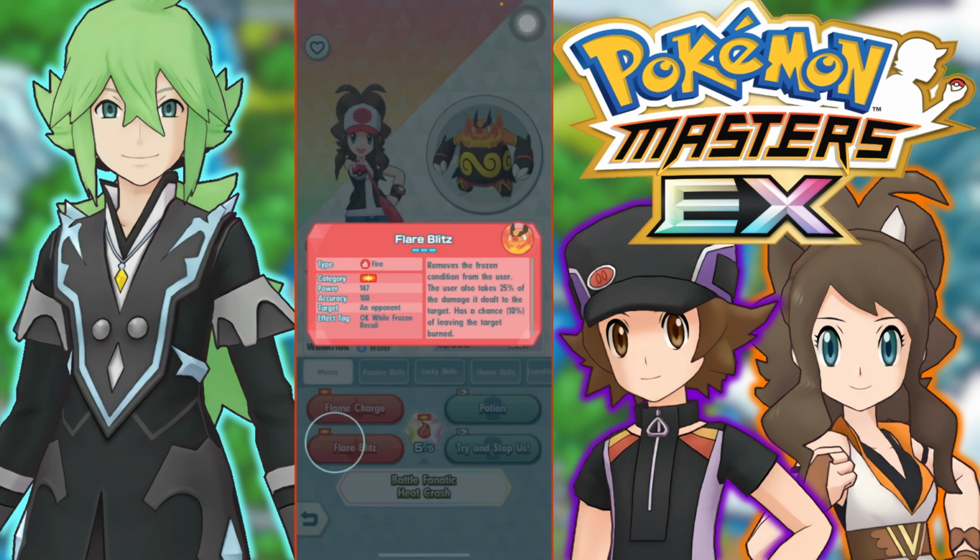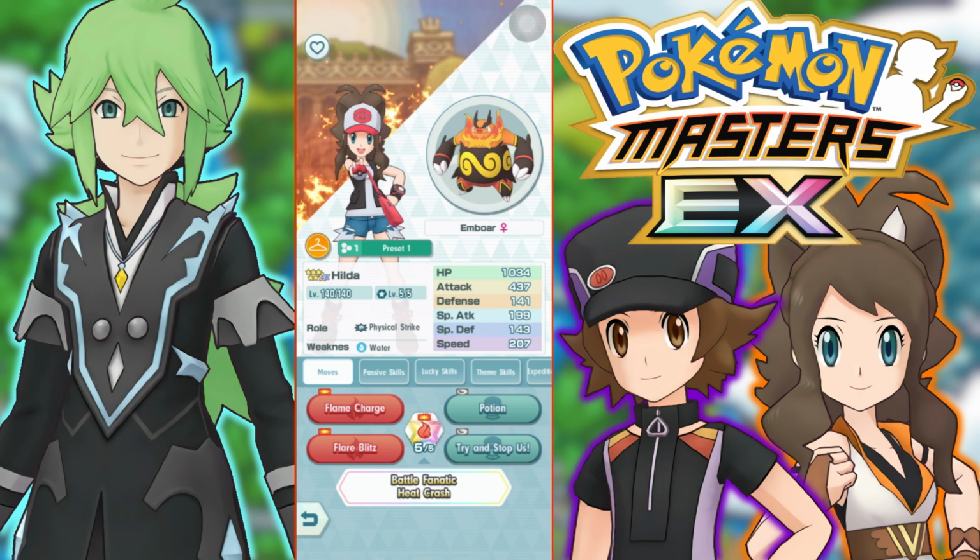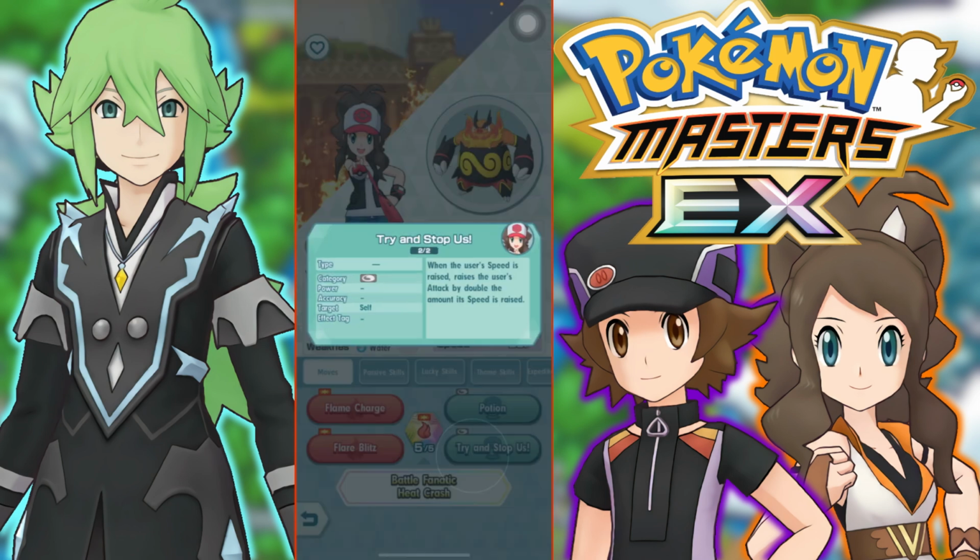I mean, Flare Blitz, 147 base power is not bad for sure. The only bad thing about it was that it had recoil, right? Which, of course, as they tend to do, they fixed that problem. She had some relative self-sufficiency. The only thing she did not have would be crit buffs, which with the amount of crit supports we have, or